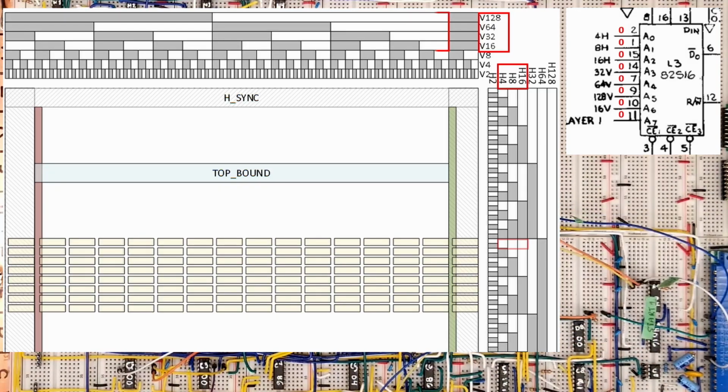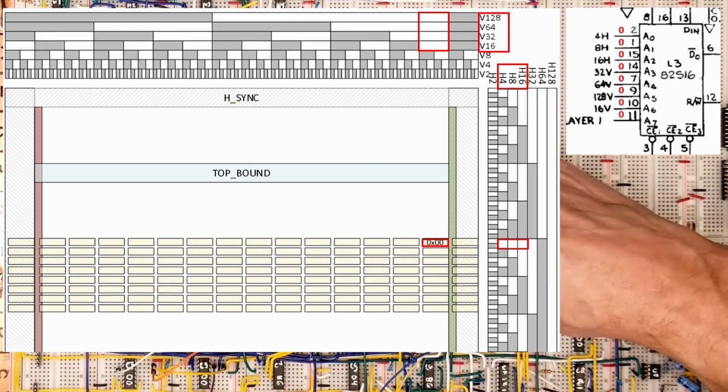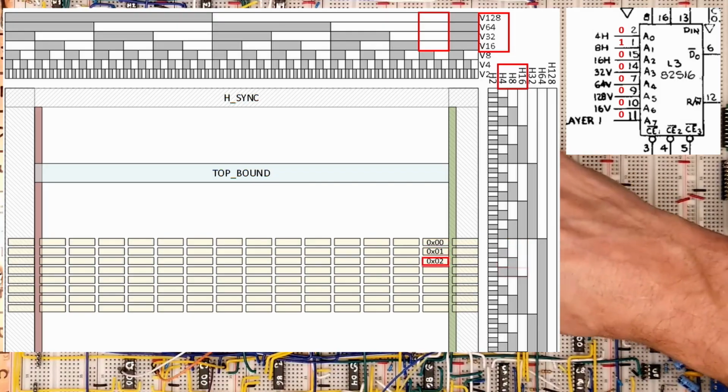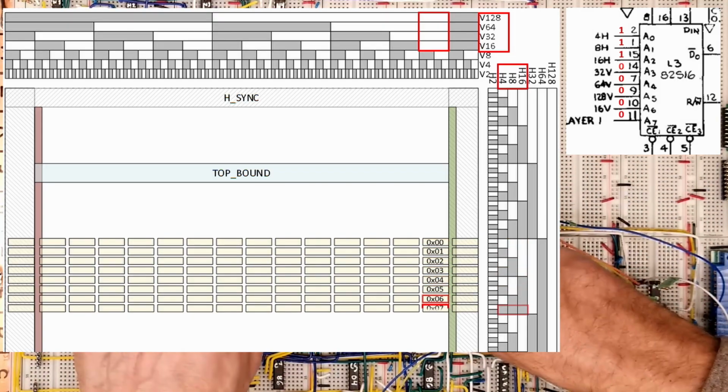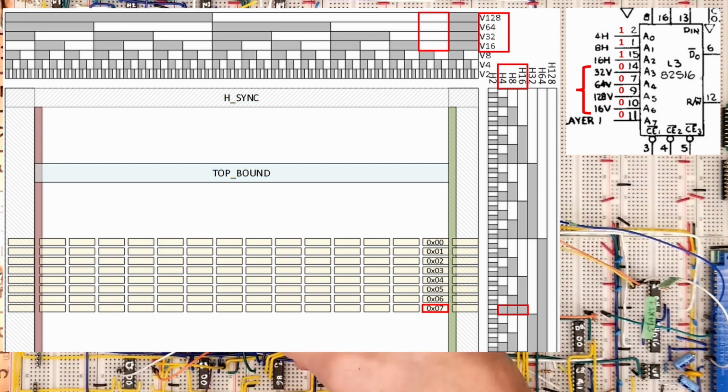For address 0, all these lines are off, so that brick sits here. The first 3 address lines are mapped to horizontal signals, so addresses 0 through 7 are all in this column. They didn't map these next 4 signals in weighted order, so the pattern gets a little strange.